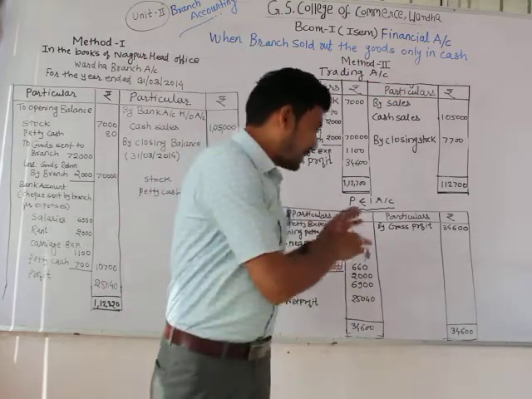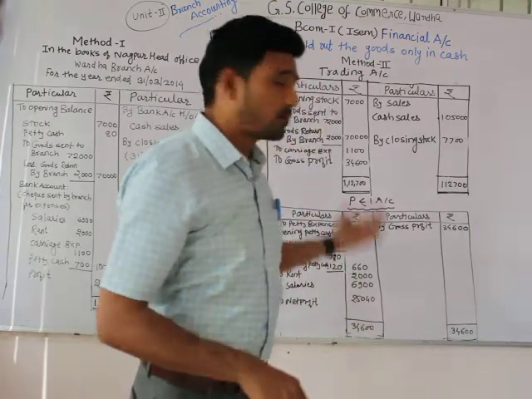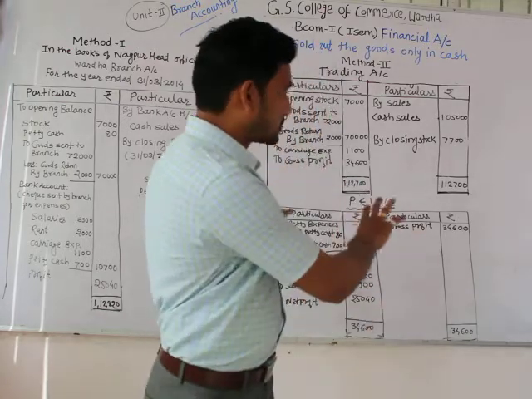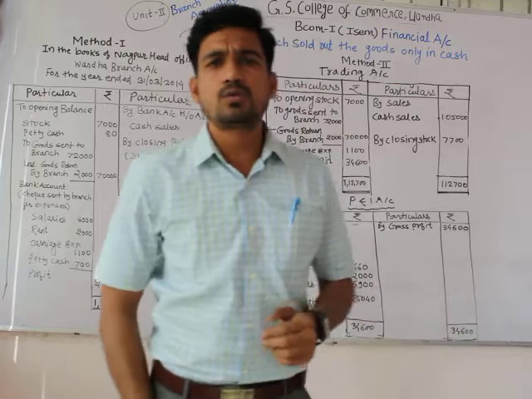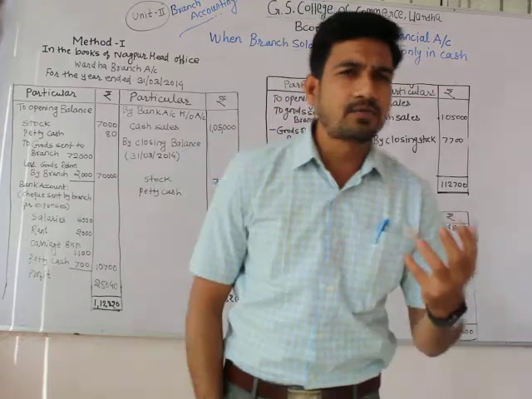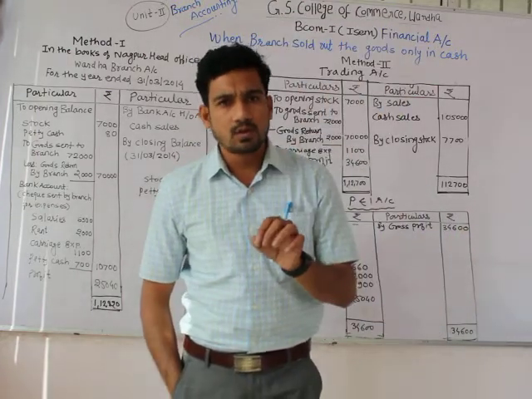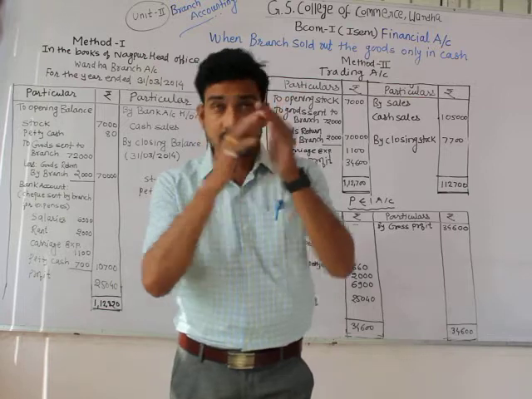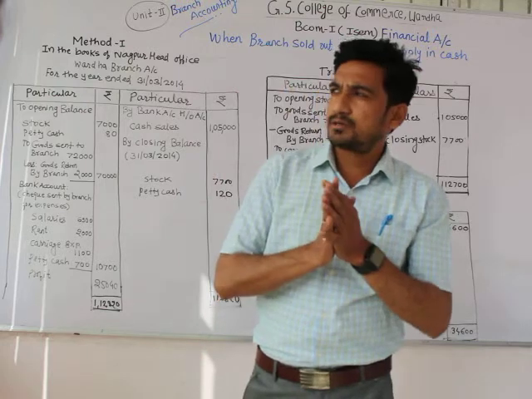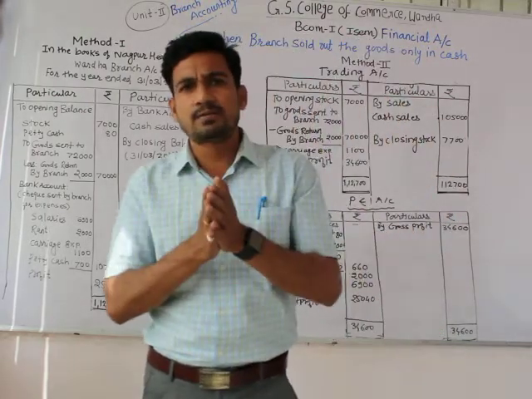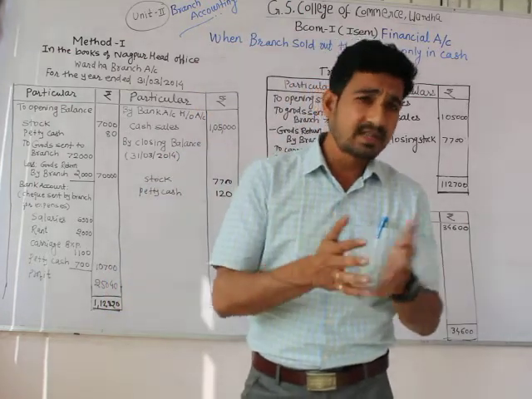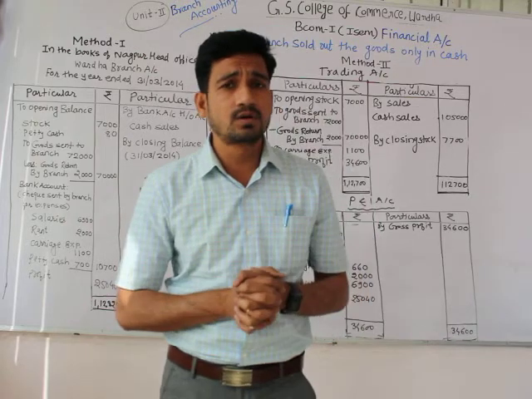Now look, I already sent you this set of problems on the Google Drive account of your class. So before seeing the solution, first reach out to the Google Drive account. There I had shared the PDF file of Unit number 2, Branch Accounting, in which first I mentioned the types of problems. There are 5 types, and from those 5 types there are different problems. So first see that PDF file which is shared on your Google Drive.